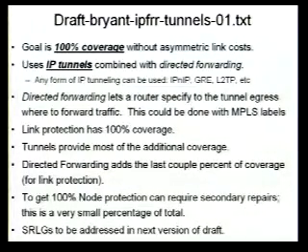And what Mike Shannon and Stuart Bryan have found, who have been doing this work, is that link protection gives you 100% coverage. Tunnels give most of that additional coverage beyond the loop-free alternates. The directed forwarding adds the last couple of percentage points of coverage for link protection. And then to get to 100% node protection, you may need a secondary repair or a secondary waypoint. It's a very small percentage, but if your goal is 100% coverage without network changes, you need to do that. And they were planning on addressing SRLGs in the next version of the draft.